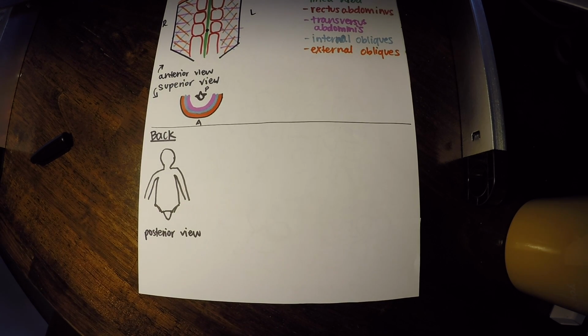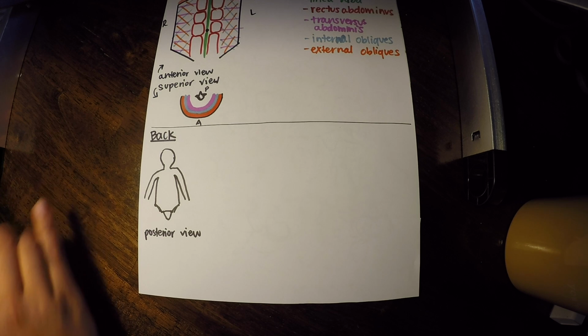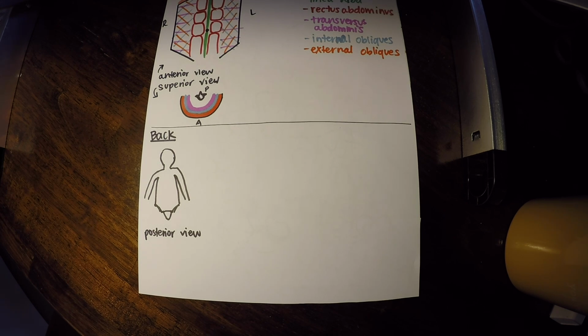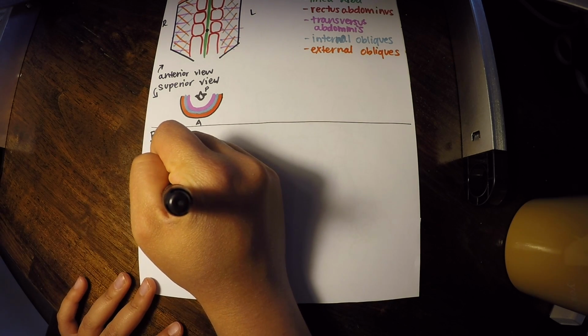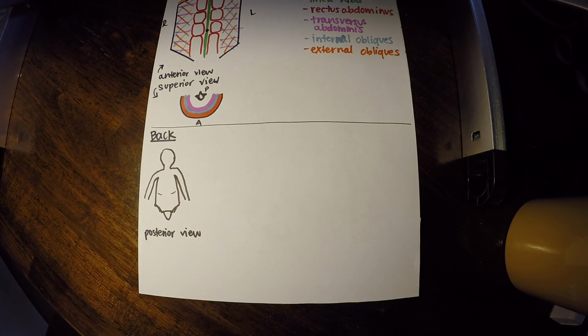Now, let's go over the 4 specific back muscles I want you to learn. Again, this isn't an exhaustive list, but I want you to basically just get an idea of some major back muscles that are important functionally. Alrighty, so the first muscle I want us to learn for the back is called our trapezius. There are actually 3 different parts, but I just want you to know the main one.